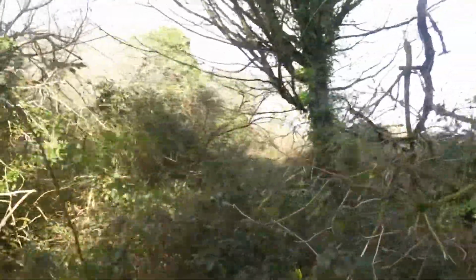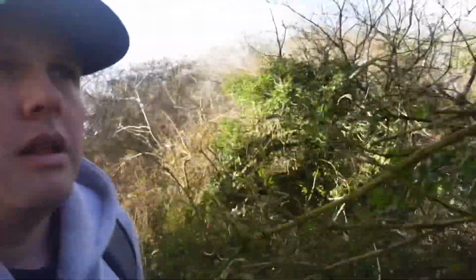So I've actually never been here. I've been to Madron lots of times, but I've never actually been to the sacred well and the chapel. So we're on a bit of a mission to find it. Now I know that the well is off the trail. I know it's heavily overgrown in all this sort of brushy stuff. But hopefully